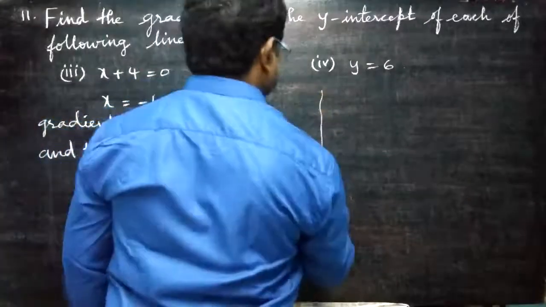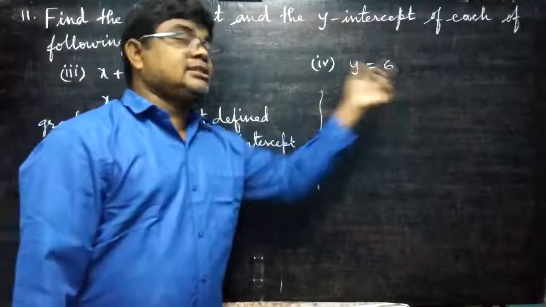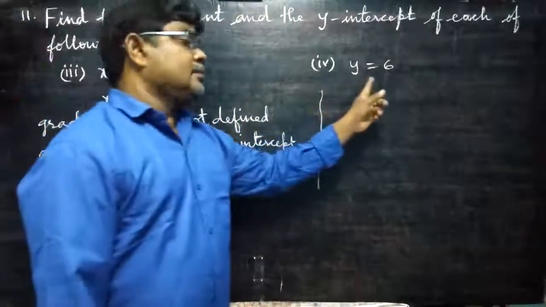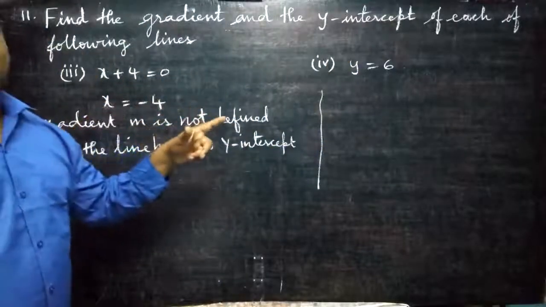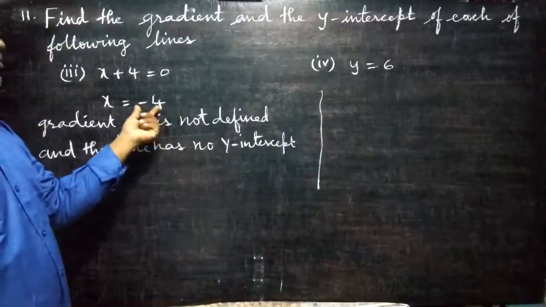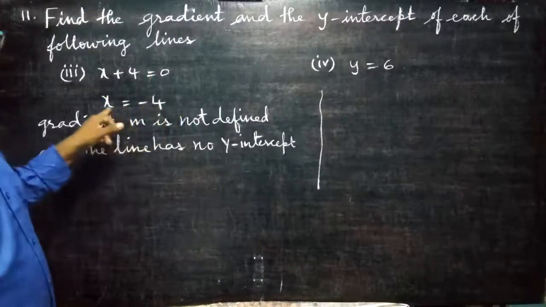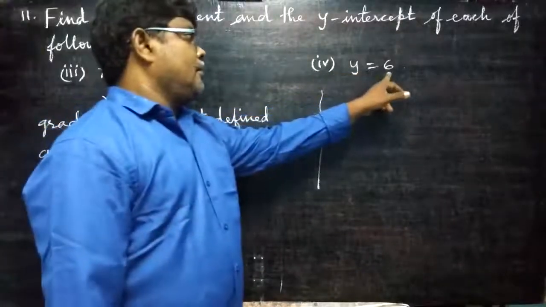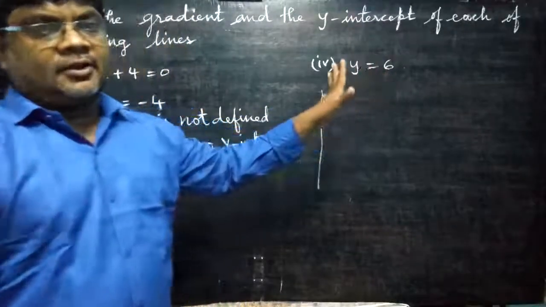Coming to here, y is equal to 6 means parallel to x axis at a distance of 6 units. Y means x axis, x means y axis, keep in mind. And x is equal to 4 means that much parallel is there, 4 units parallel to y axis. Parallel to x axis, how much distance means 6 units. Are you able to follow?